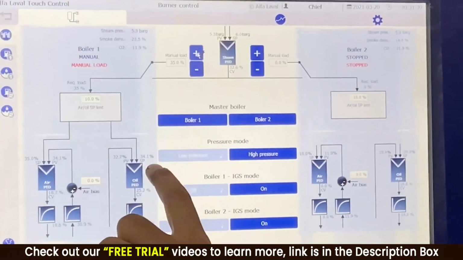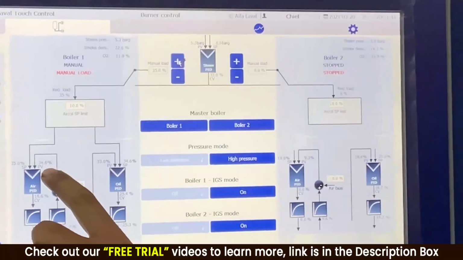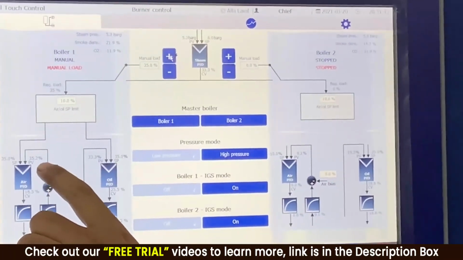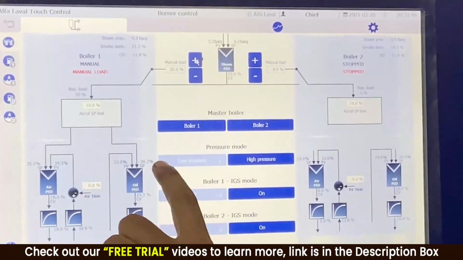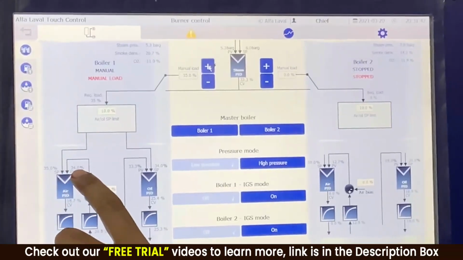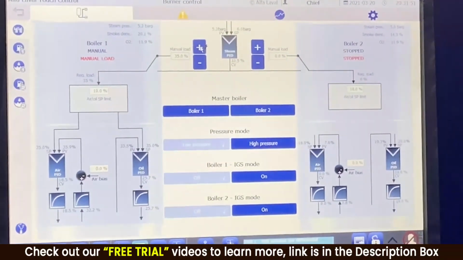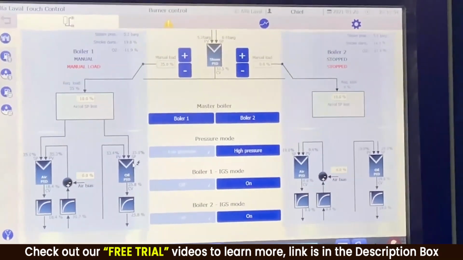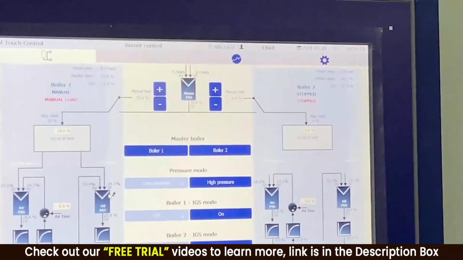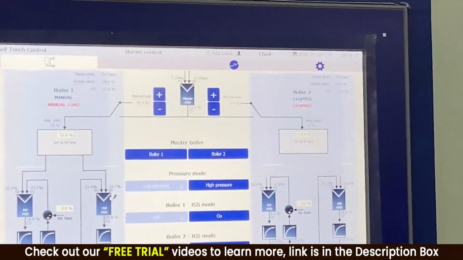My set point of oil is all dependent on the measured air value. I am definitely going to discuss the airflow later. You see, my set point is dependent on the airflow over here. So this is very important for us to know. Copied, guys? This is something that is important for you to know.